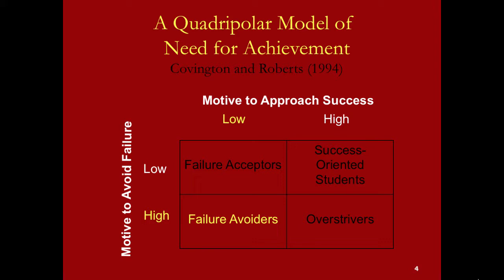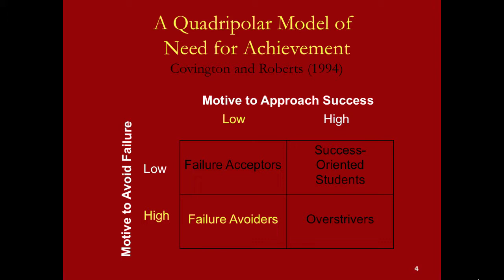These students will not only tend to procrastinate, but once they are involved, their level of involvement will not be very deep. This type of student, when studying for an exam, may engage in more rote-type learning. They most likely won't want to put the level of effort in that it takes to use more meaningful learning strategies. For this reason, students who are failure avoiders may not completely fail an exam or fail a task, but they likely won't be successful. First, because they've procrastinated and waited till the last minute, and second, because the level of effort that they engage in when actually doing the task is low.